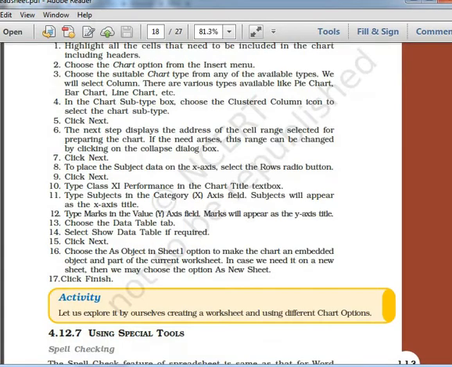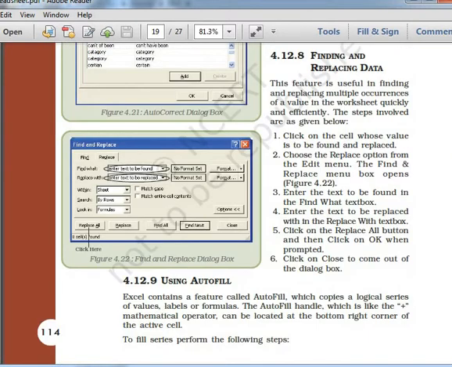And using charts is also possible in workbooks. You can enter the data and it can automatically calculate or create graphs and charts for you. Then the find and replace option is also available in Excel.